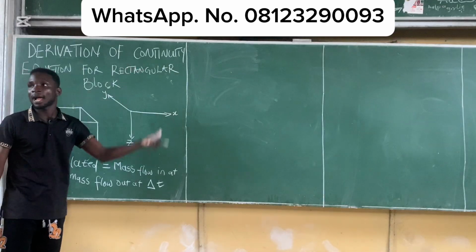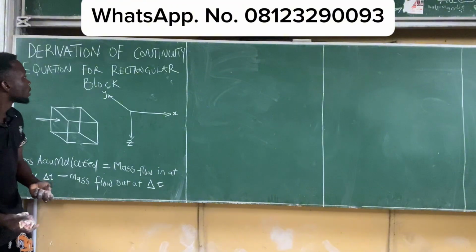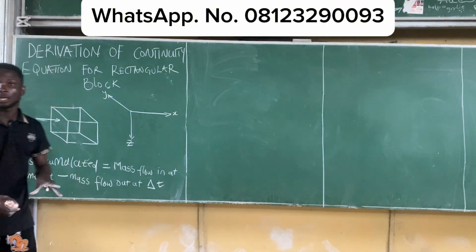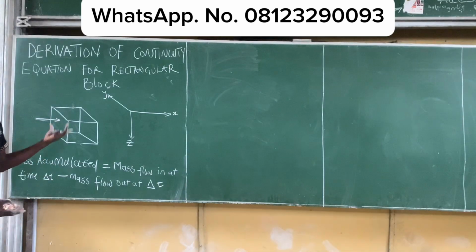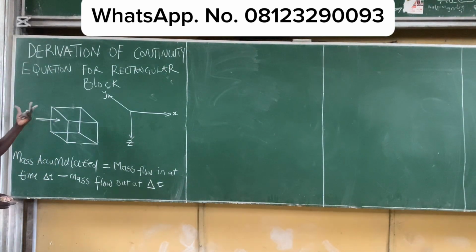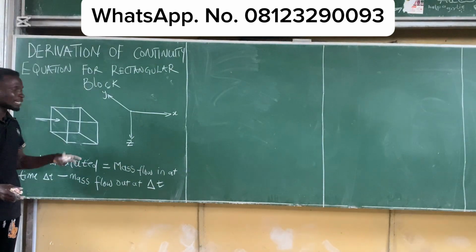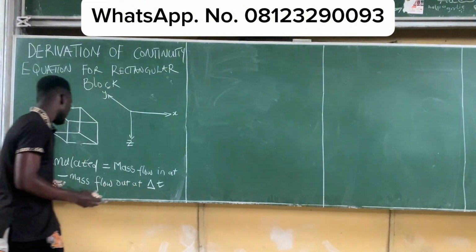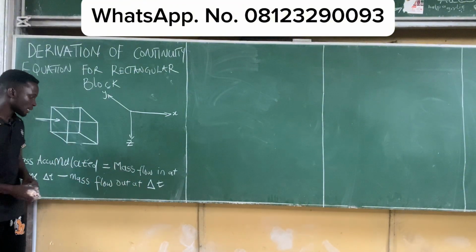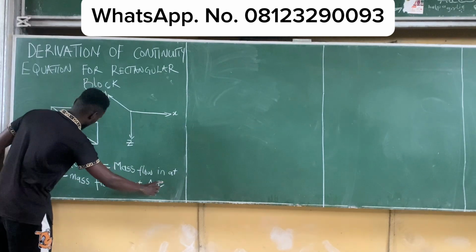The continuity equation is derived from the conservation of mass, which states that mass can neither be created nor destroyed, but can be transferred from one point to another. In fluid mechanics, the continuity equation gotten from the conservation of mass is described as: the mass accumulated inside a block is equal to the mass that flows into the block minus the mass that flows out of the block at a given time,